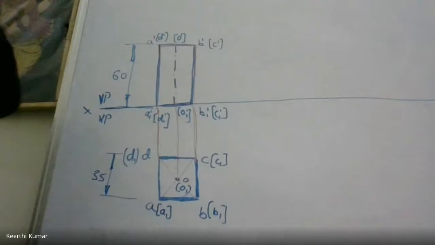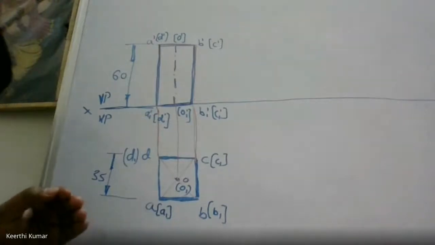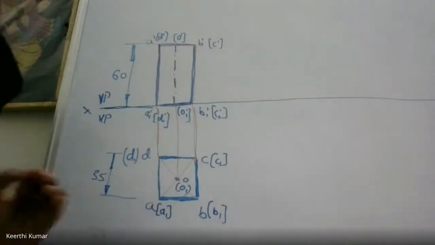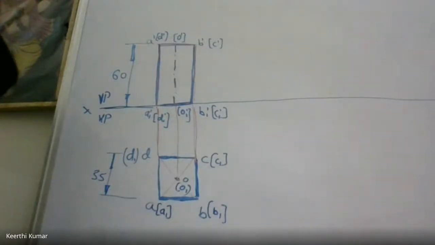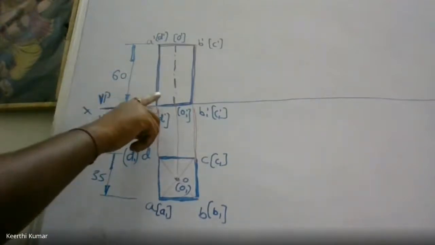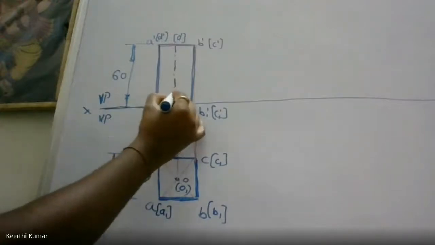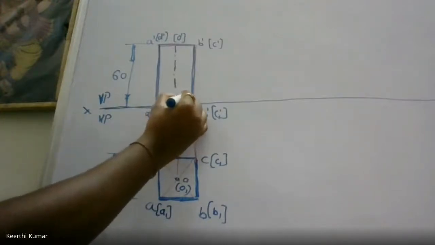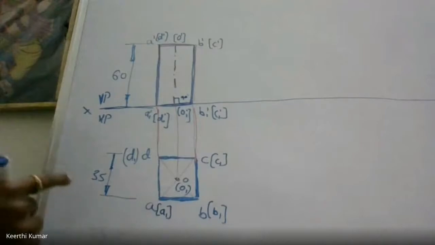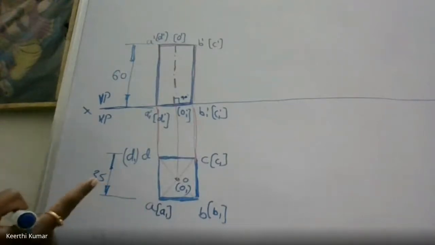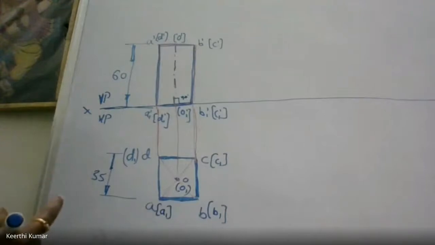The condition given with respect to HP is the axis of the prism should be at an angle of 45 degree to HP. So where is the axis now? Axis is here. If I measure that axis with respect to HP, it is perpendicular, that is 90 degree. Is he expecting 90 degree? No. He is expecting that axis should be 45 degree to HP.